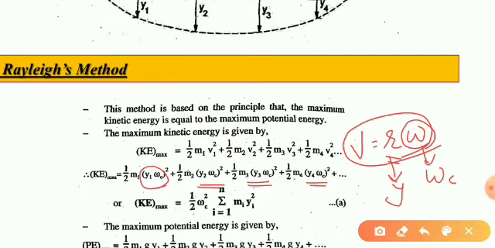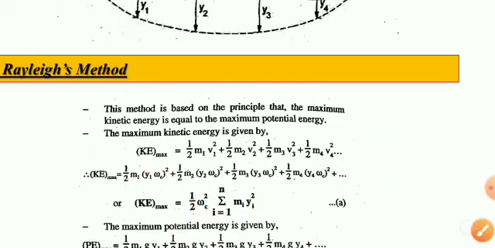For a number of rotors we can add. So in general we can write 1 by 2 sigma mi yi squared omega c squared. The critical speed is common for all because all the rotors are mounted on the same shaft. So by generalizing we can give the kinetic energy by this equation. Same way,